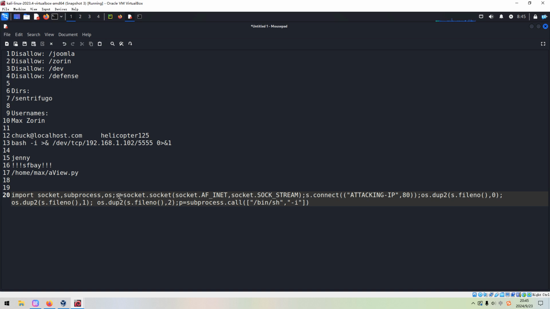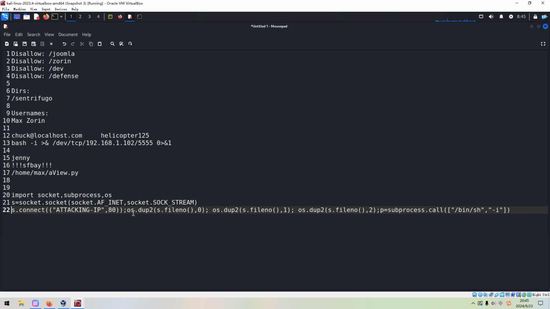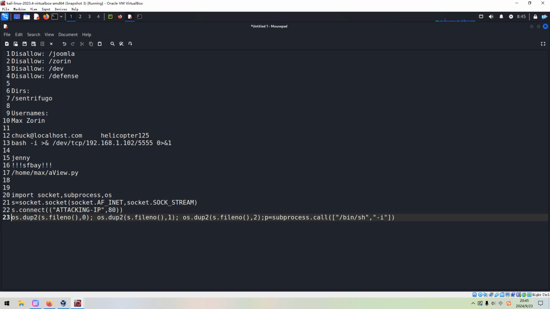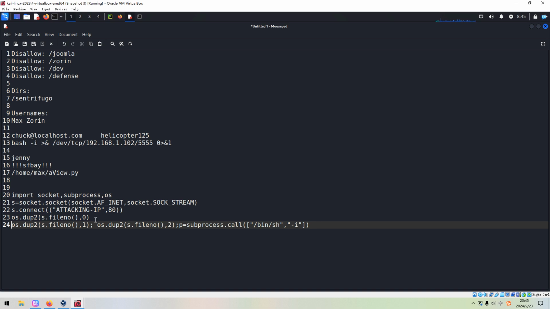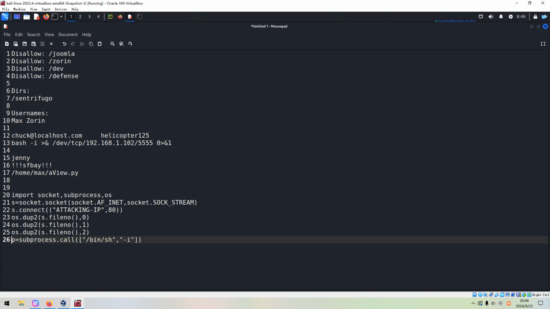The IP address should be that of Kali Linux, and we can use a different port number like 888.